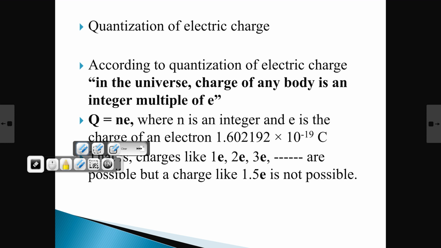In the first portion, we said that there are two types of charges, positive charge and negative charge. Like charges always repel each other, and unlike charges always attract each other. If it is so, with what amount of force would they attract or repel? What is the force of attraction or repulsion between two charges? How can it be calculated?